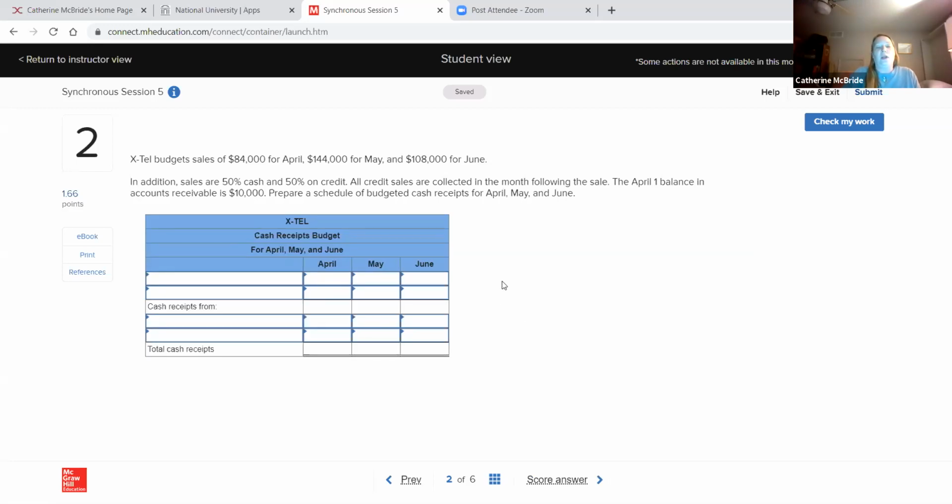So now we're going to look at cash receipts. The reason cash receipts and payables get complicated is because with cash receipts, we're looking at sales from customers, right? So when we sell to a customer, sometimes they pay us cash. Sometimes we sell on account. And when we sell on account, sometimes